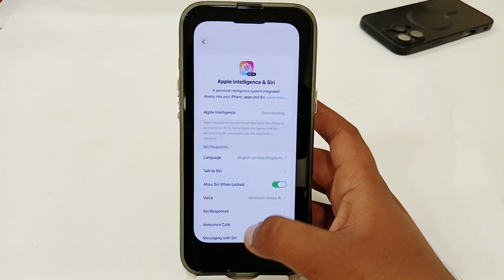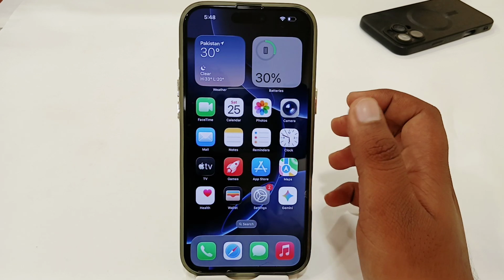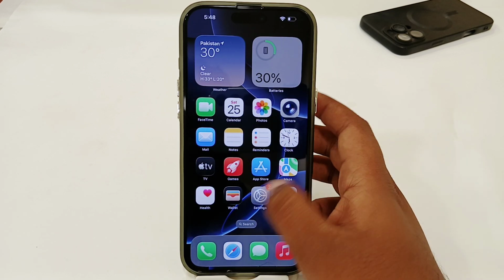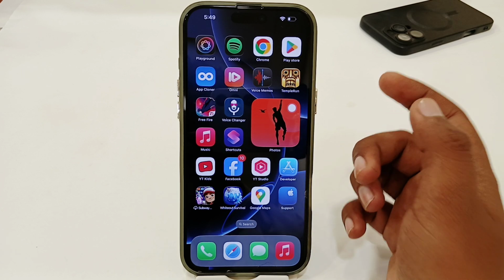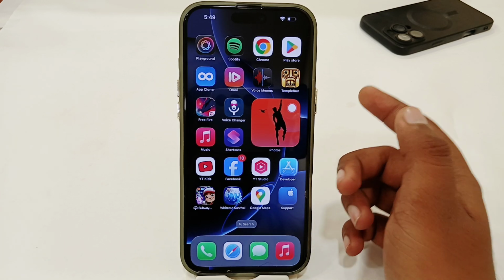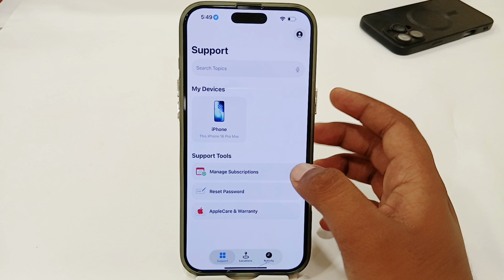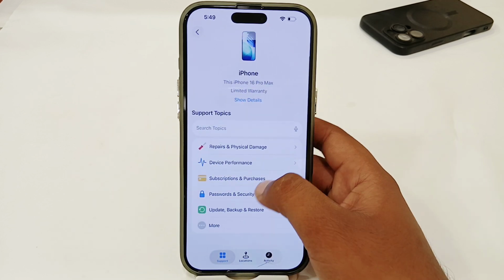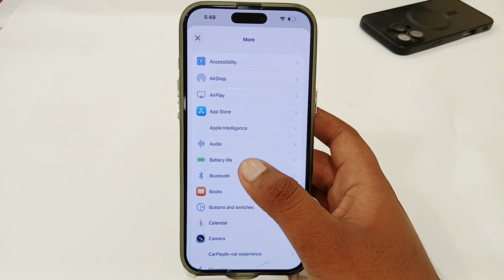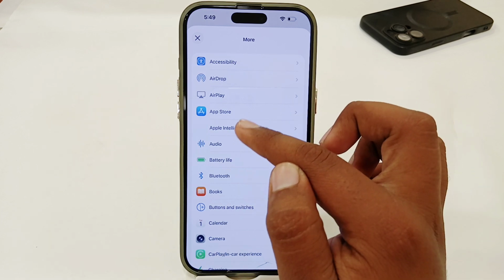Or if you are still having the same issue after doing all this, now what you have to do is go to the Apple Support app, or you can use your browser and search for Apple Support. But I'm going to use my app, and here just select your iPhone and then go for this More option. Now you just have to look for Apple Intelligence,